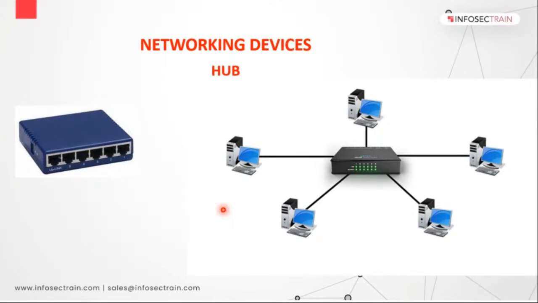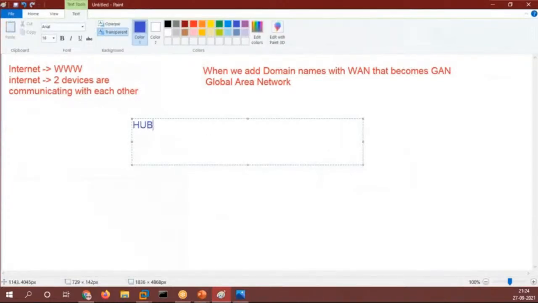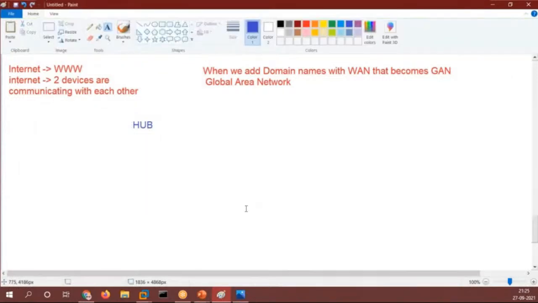So we have hubs, right? A hub is a device that is used to connect more than two devices together, right?